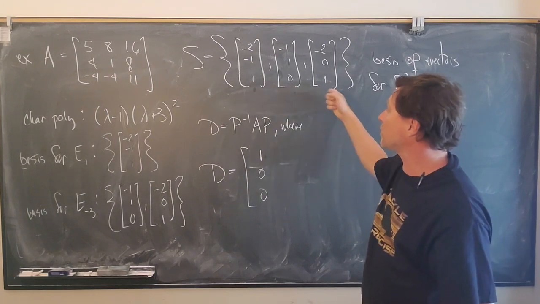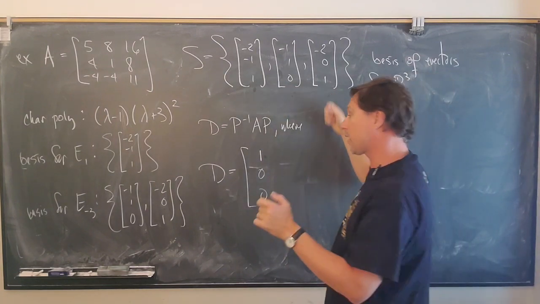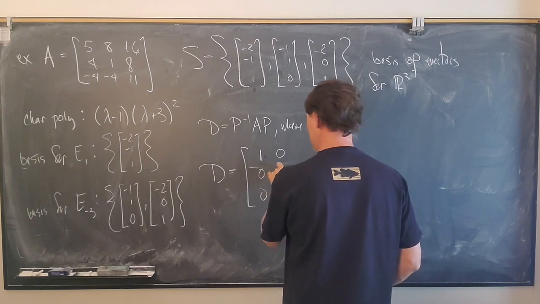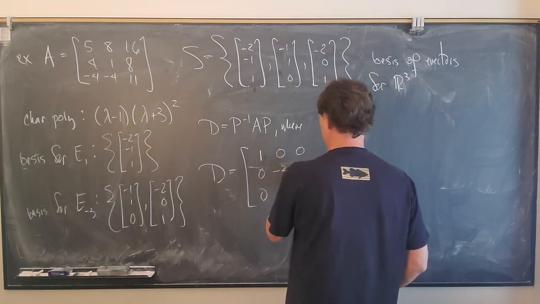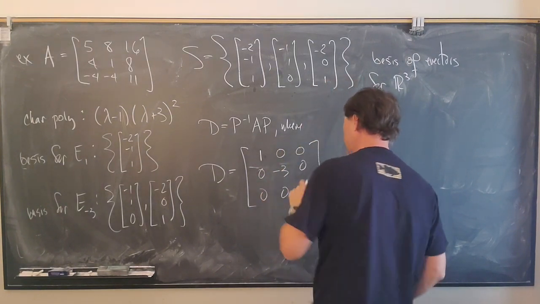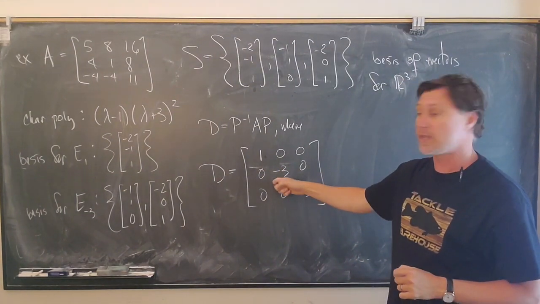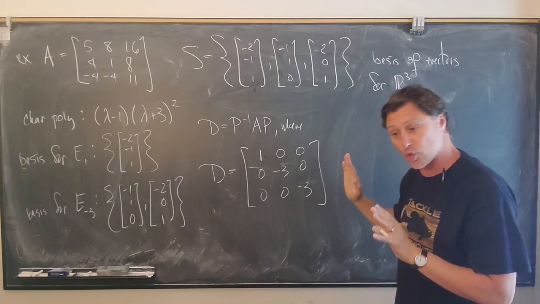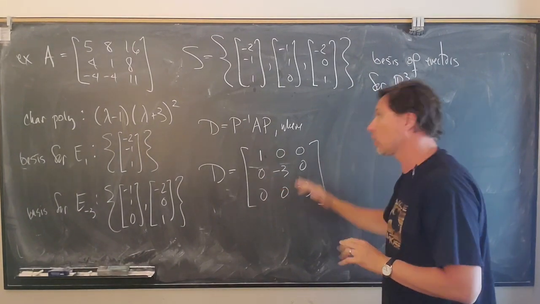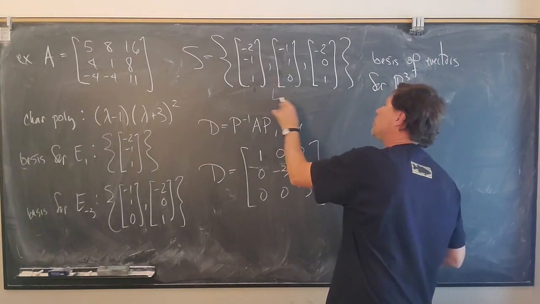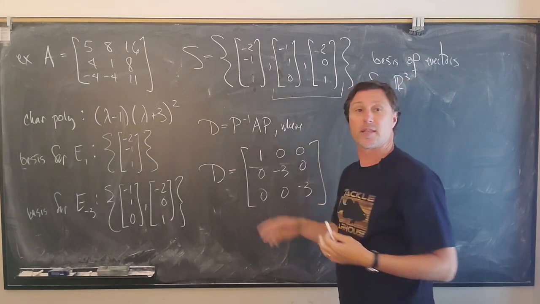Now, the next two eigenvectors correspond to E sub negative 3. And so along the diagonal, in the second two positions, I'm going to put negative 3. So the eigenvalue negative 3 appears twice in order corresponding to the two basis vectors that belong to the eigenspace